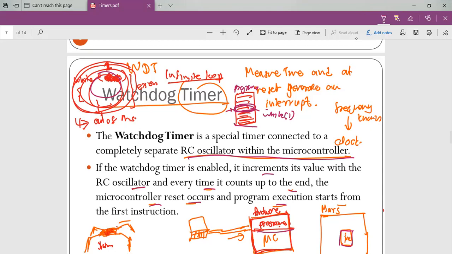Therefore we need to get out of this while loop. We should have a backup plan for something like this happening. So we are going to use this watchdog timer, which we also call WDT. If we enable our watchdog timer, it increments its value with the RC oscillator. There is a separate RC oscillator for the watchdog timer, so it will measure the number of clock pulses, and every time it counts up to the end,